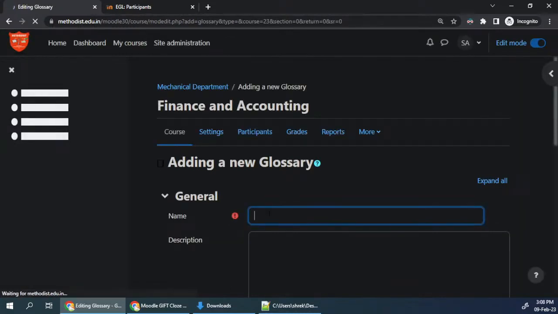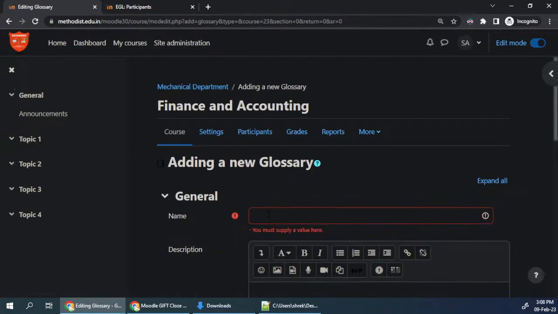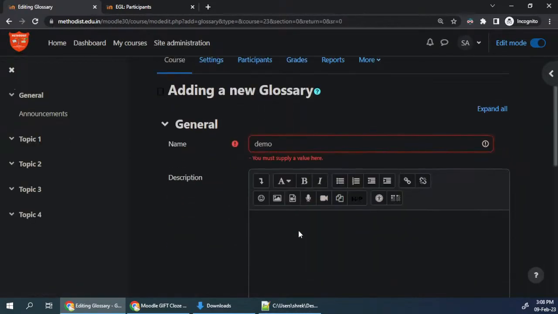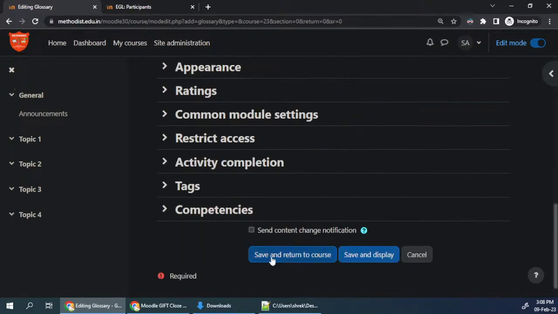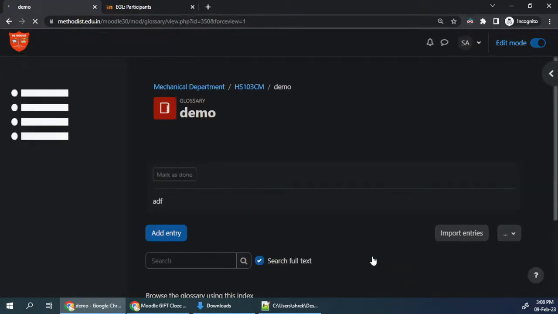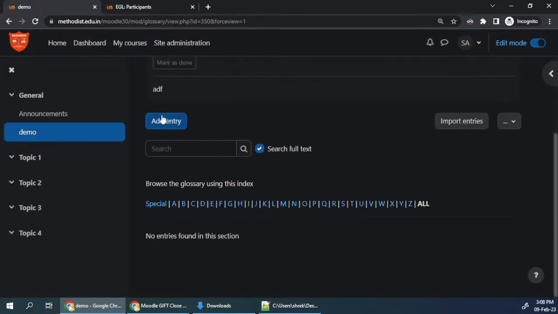So a new glossary will be added here. Let me just create a demo with some description, and save and display. Then we can either go ahead and add the entries one by one as we had learned in the last class, or you can just click on import entries,